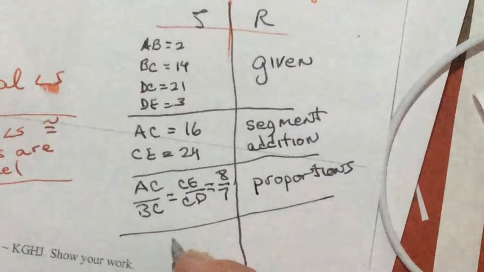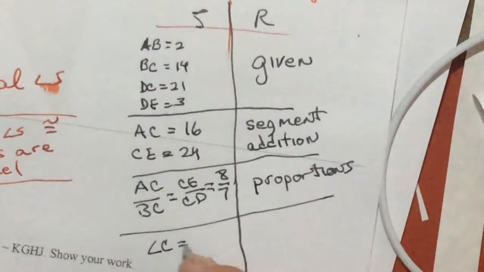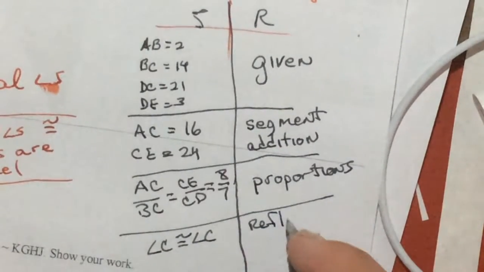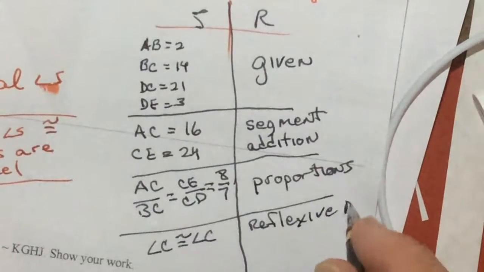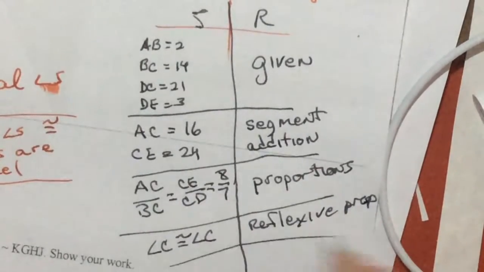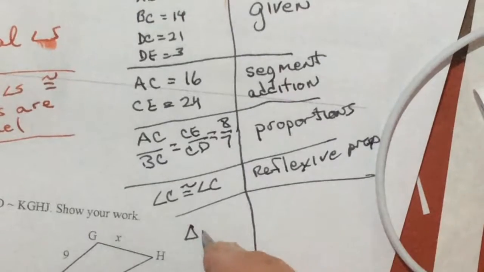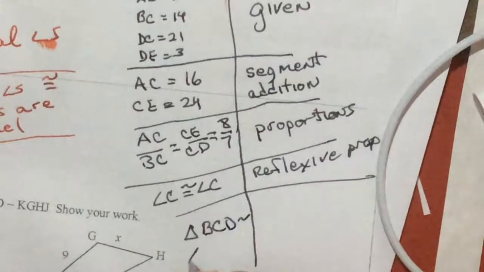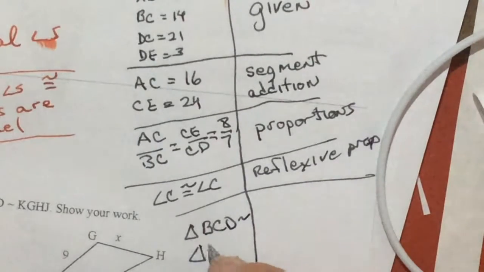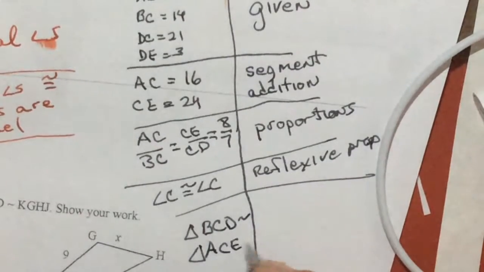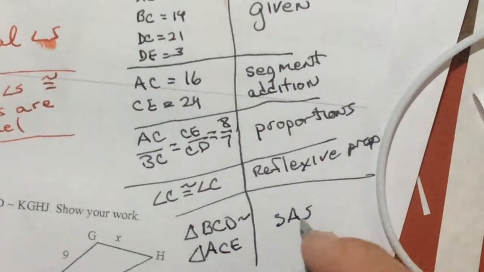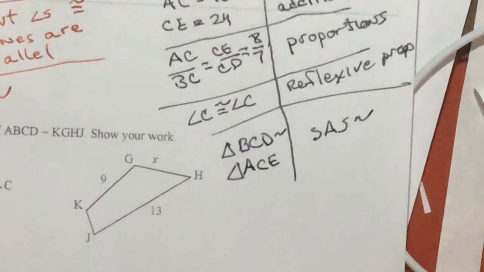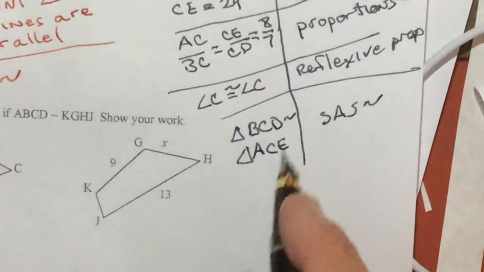And finally, we're just going to say angle C is congruent to itself because of the reflexive property. And that's enough to tell us that triangle BCD is similar to triangle ACE because of side angle side similarity. Okay. Now you notice it's important here making the